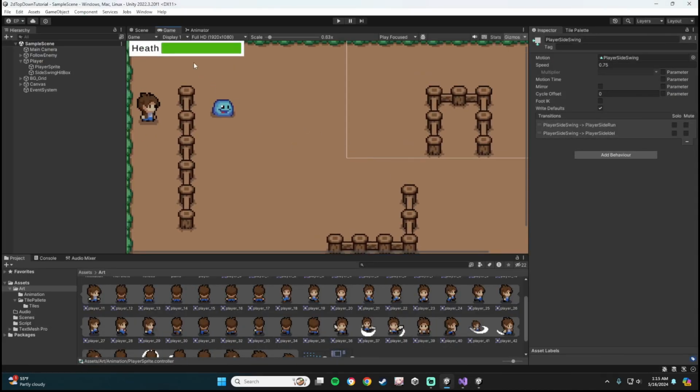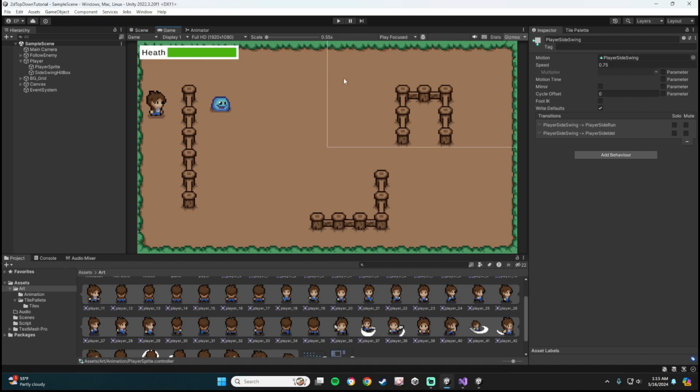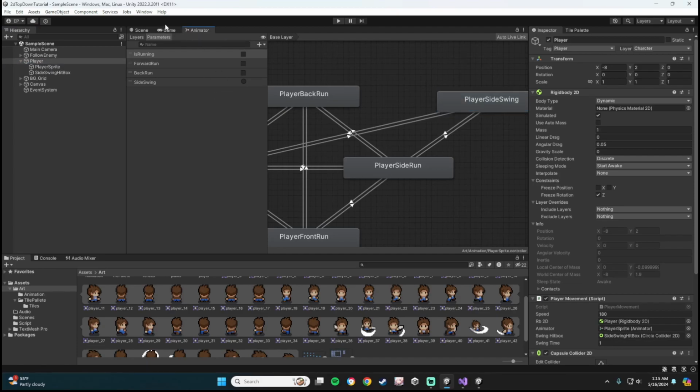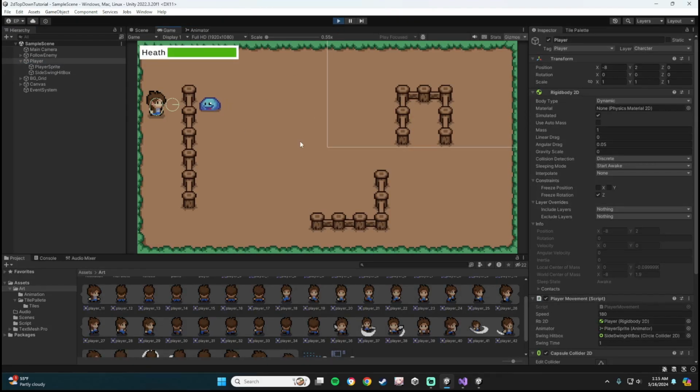But right now, we'll want to try and match up our swing time to our animation. So if you see this, that hitbox is active for a really long time. So we'll probably want to lower that to 0.5 maybe, and even that's a bit long. So maybe 0.3. And I think that feels pretty good. So we'll keep that active for 0.3,